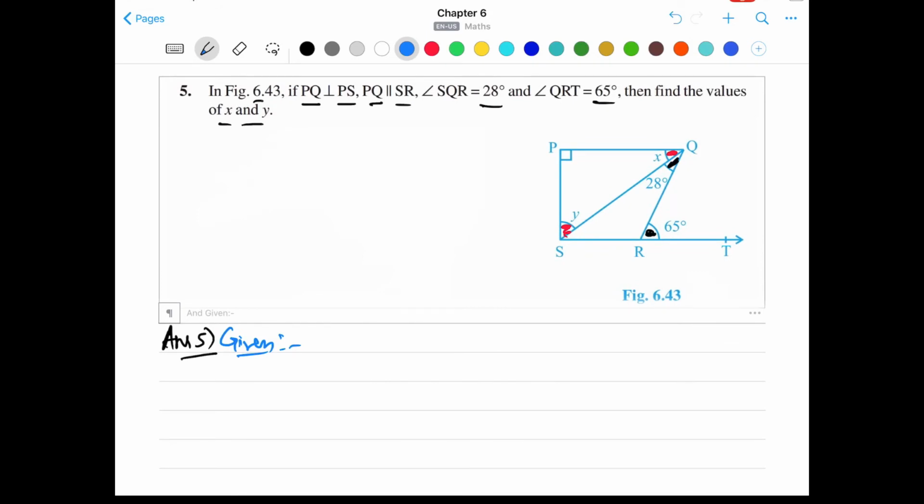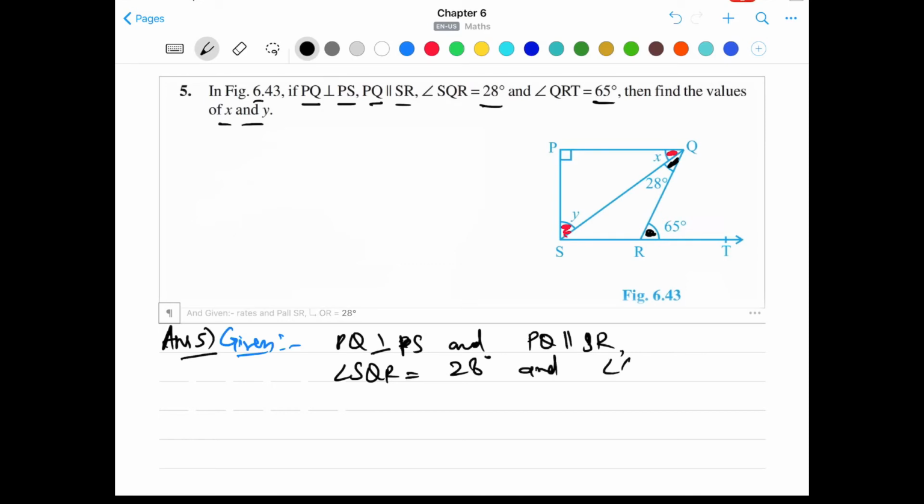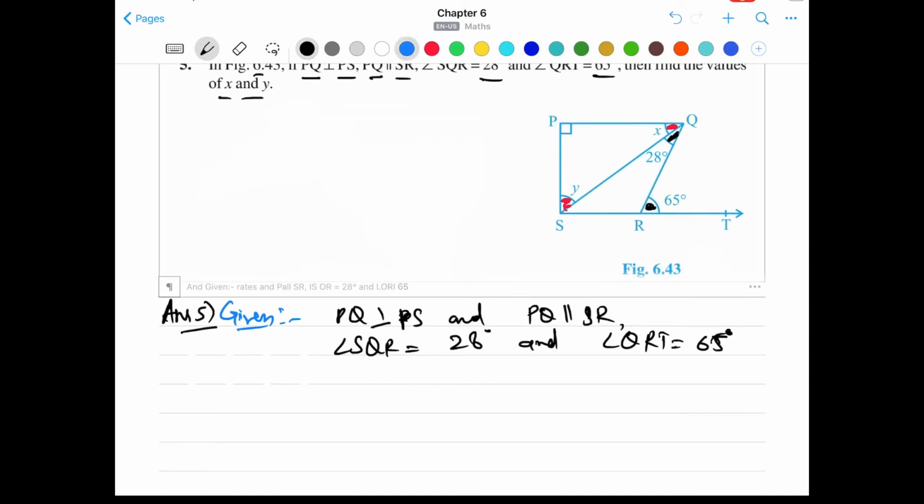First we will write the given part. Given here is PQ is perpendicular to PS and PQ is parallel to SR. Also we are given the angle SQR is equal to 28 degrees and angle QRT is equal to 65 degrees. Okay, and we have to find